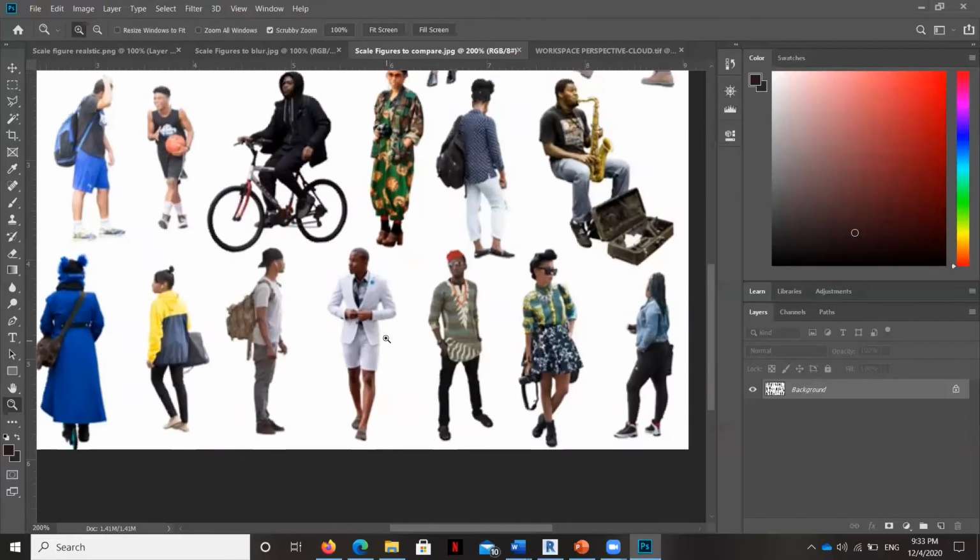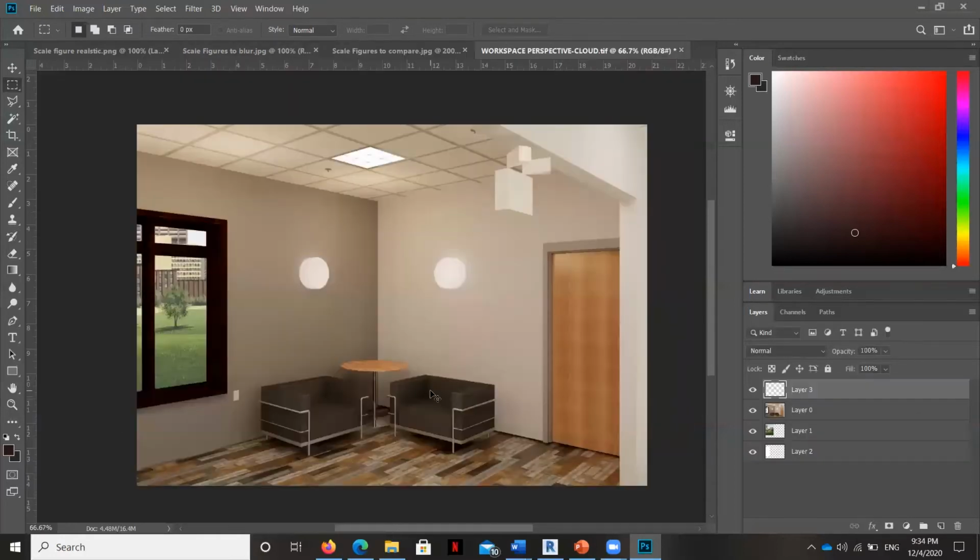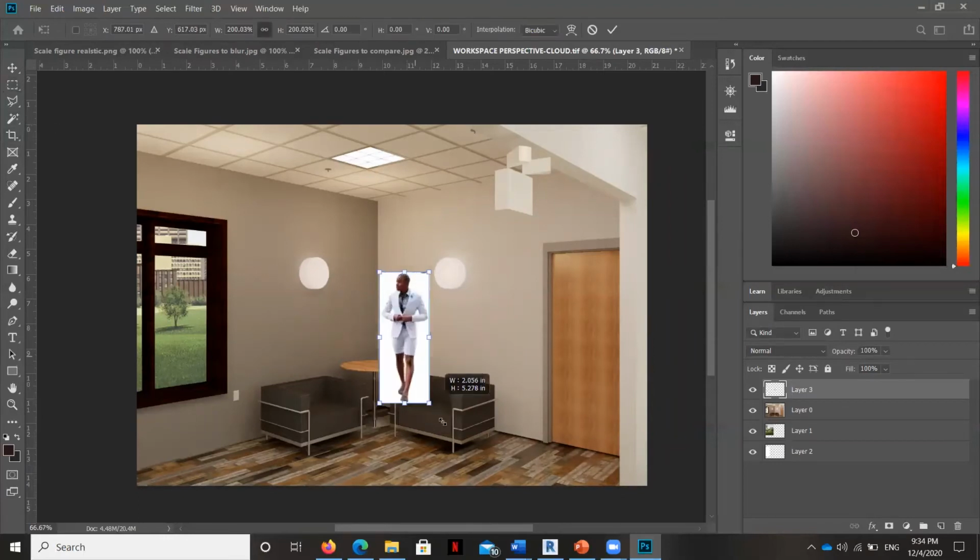So what I'm going to do is show you a very quick technique to bring this person in here because it's a great position and he's dressed appropriately, but you can see it's a little bit pixelated. So I'm going to bring him in and show you just about as far as we can take him to try to get him to look good because he's so low res. So let's go ahead and put him in here. I'm going to hit the transform button.